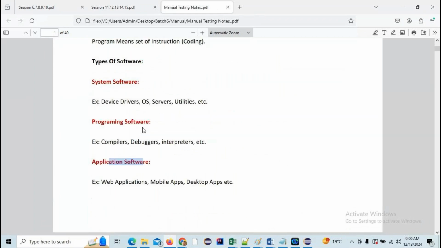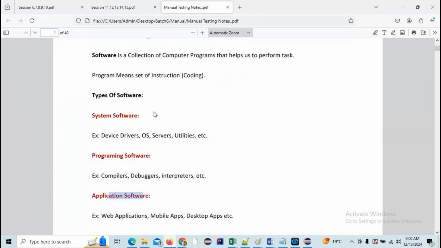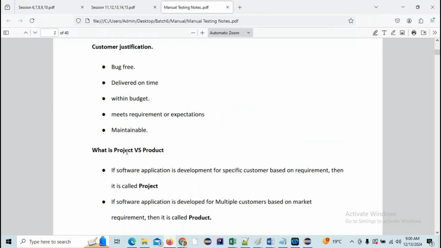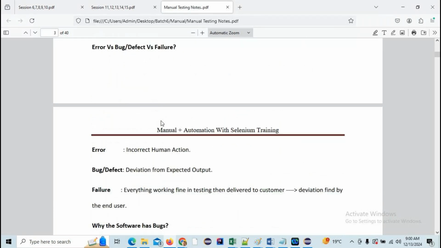This is the way of explanation from every tutor, but they won't provide the material in this way, because if they did, you wouldn't be dependent on the tutors, right? So that's why they won't give the material in a clear manner. But we designed the materials in a very clear manner, which can be helpful to you even after completion of the course. So what is software testing, project versus product, why do we need testing,